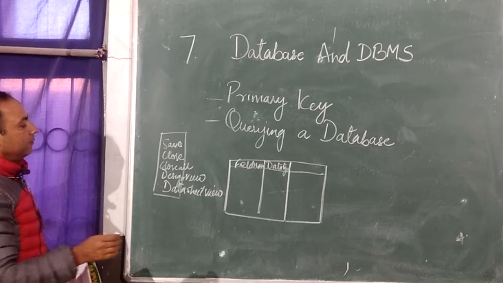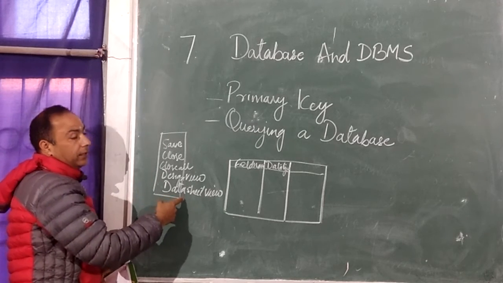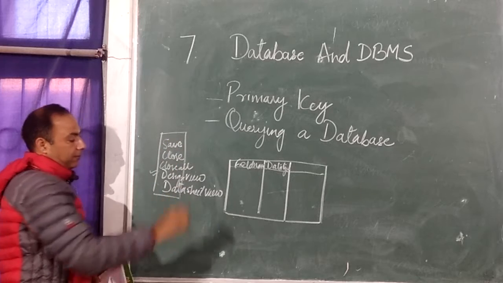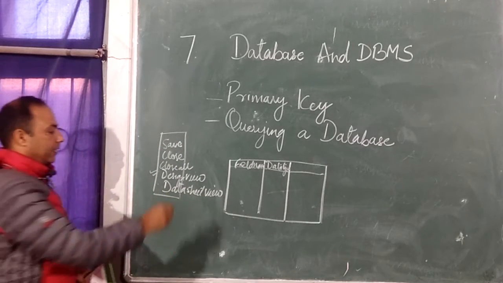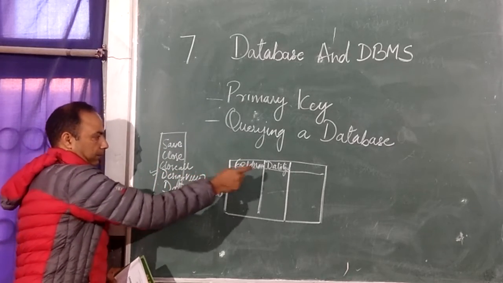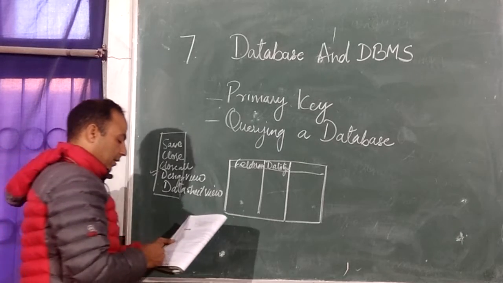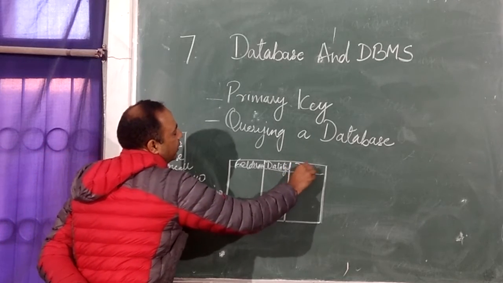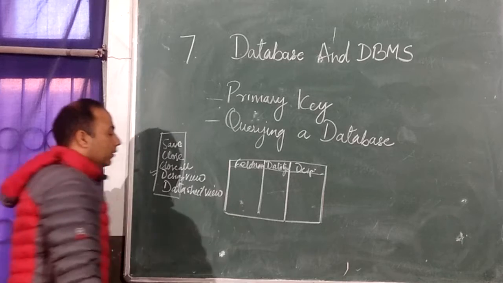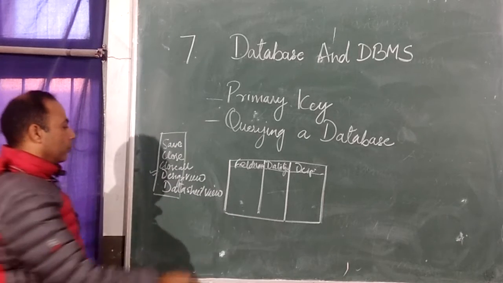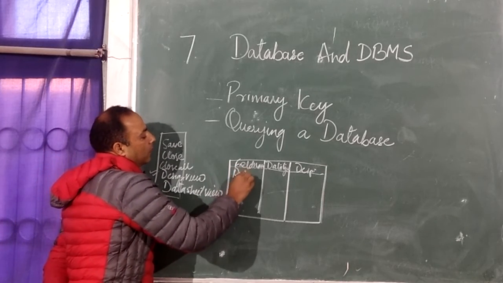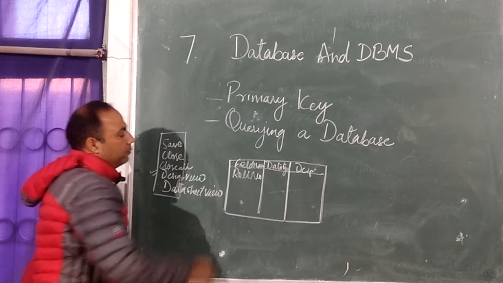So last time when we were inserting data, we were using the datasheet view, but in order to create a primary key, we have to use the design view. Once you click on this design view, you will get this type of structure and description. The description field is optional. So field name. Suppose my field name is roll number. Now what data type here?